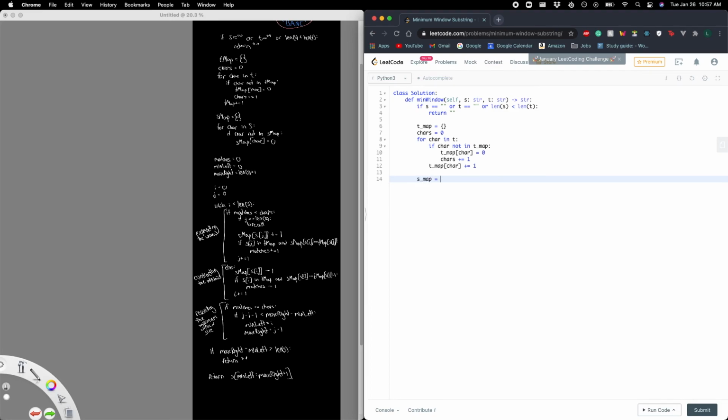Now we want to do the same thing for our s hash map, which will be keeping track of the values inside our current window. Now for character in s, if that character is not in our s hash map, then let's just add it and set it equal to 0. Now let's also write our other two variables, which is matches, and then min left and max right, set it equal to 0 and the length of s plus 1, so we can do that check later on after our while loop. Now we want our 2 pointers, i and j,